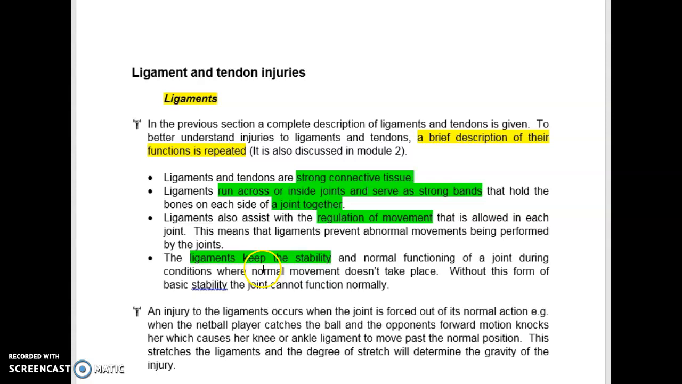Description of what ligaments do. They're the connective tissue. They run across the joints. They join the bones together. They regulate the movement and they keep